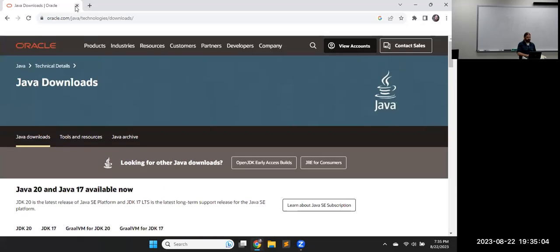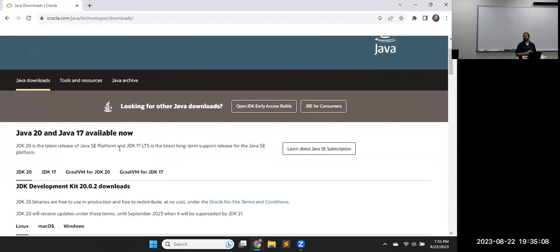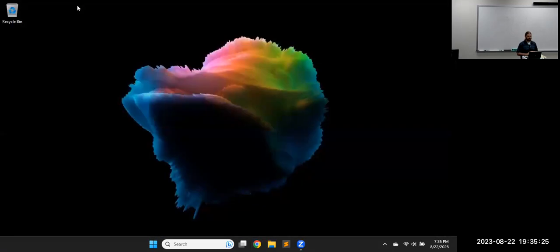Really straightforward. And if you haven't done so yet, you might want to do that before installing NetBeans. When you install NetBeans, that's going to bring in an installation of Java, which I think the latest version of NetBeans brings in Java 17. So you wouldn't need either of those, JDK 20 or whatever. But as long as you have Java installed somewhere,